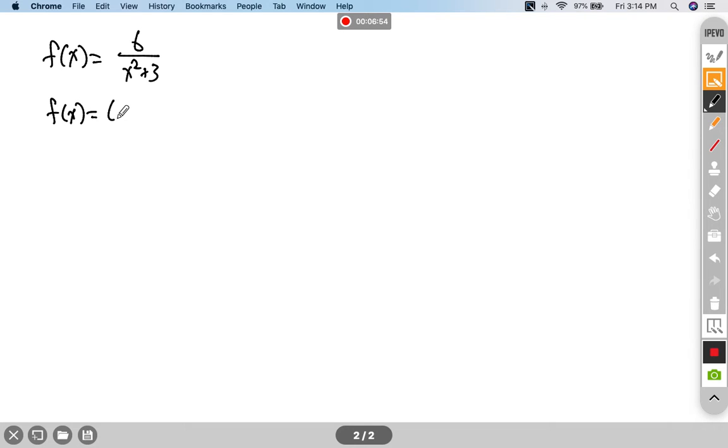When I work through this, I'm going to make this 6 times (x squared plus 3) to the negative 1, because I don't want to use the quotient rule. Here this is a constant multiple, so I can just go through and